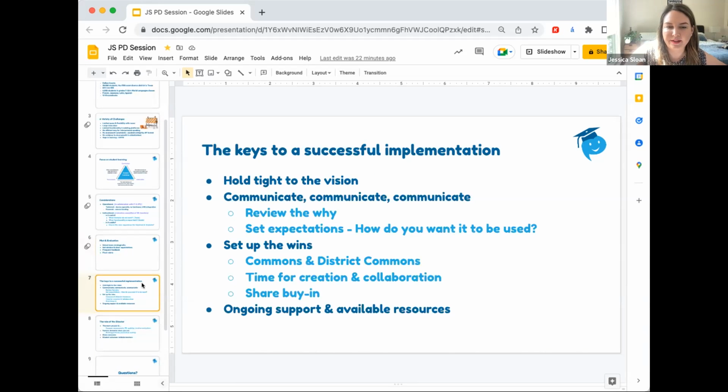So what I've learned here is there are a couple of keys to a very successful implementation. As the decision maker, as the person that's making this decision, I think it's of the utmost importance to hold tight to the vision that you had in the beginning. We had all of those challenges that were driving us in this direction. And it was really important to remember those and also to be able to communicate those to the stakeholders, whether that be the teachers when we do the kickoff,